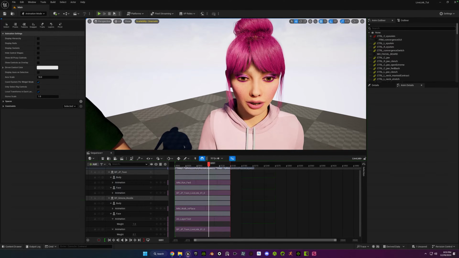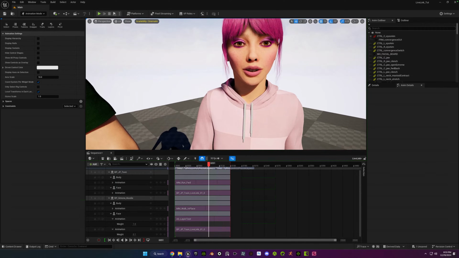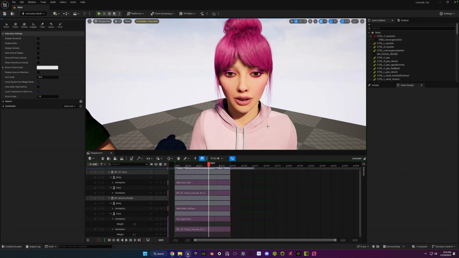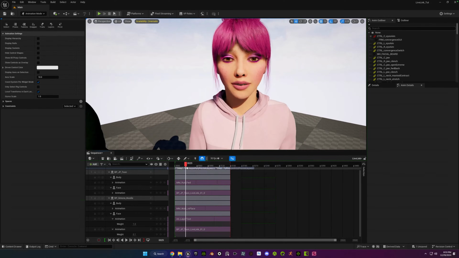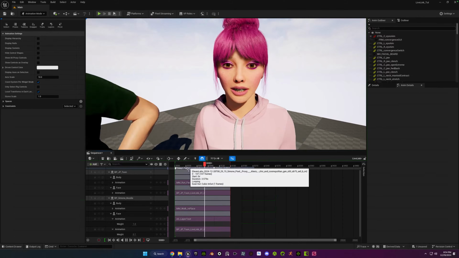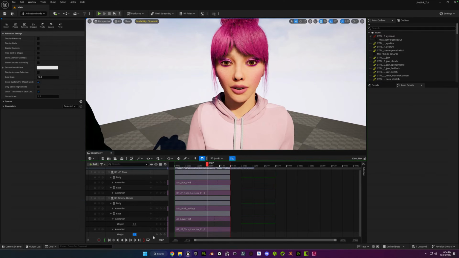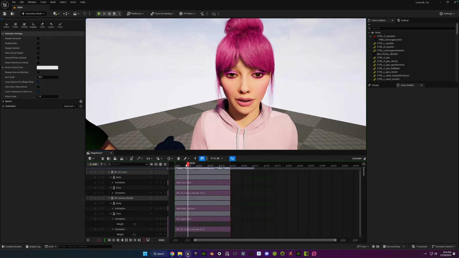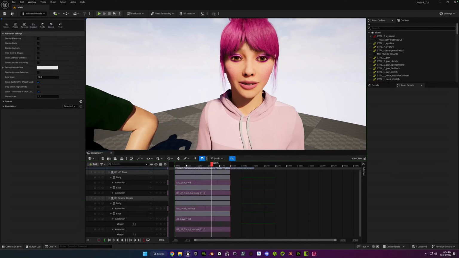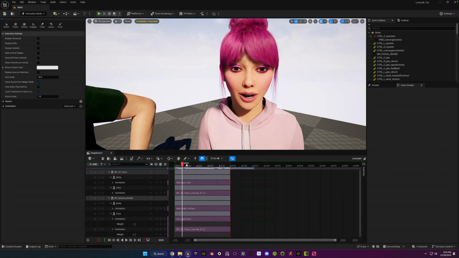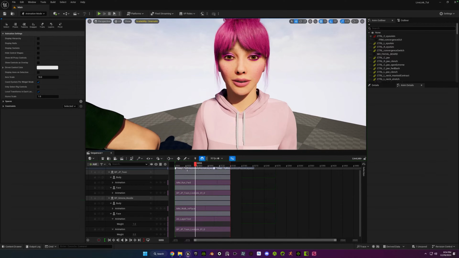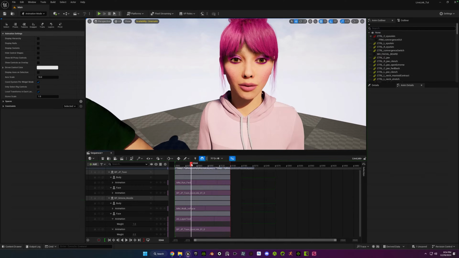And I don't know if people can really hear that very well, but the lip sync's great, but you're not really seeing much facial expression. So we might have to up it, and it's a balancing act. So yeah, and there may not be a way to do it. The only way you probably could do it successfully is to bake this to a control rig. So what you do is you bake the,